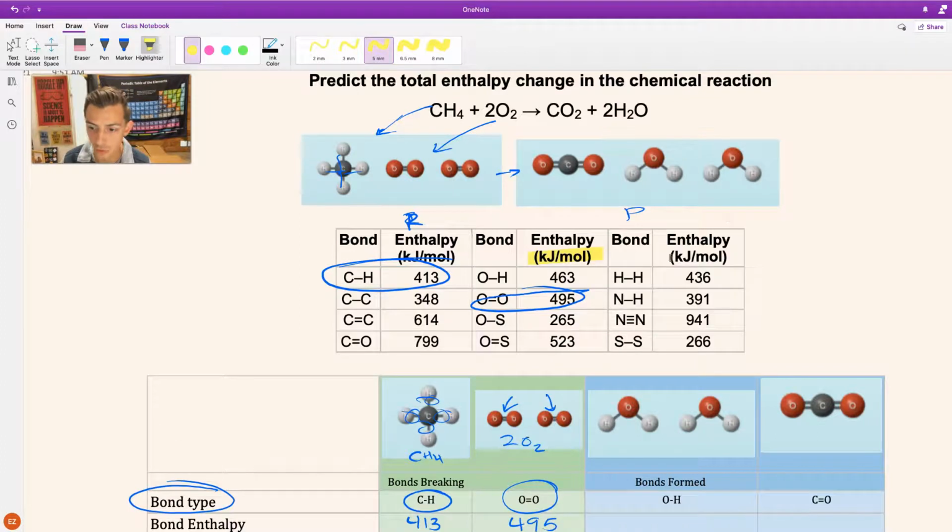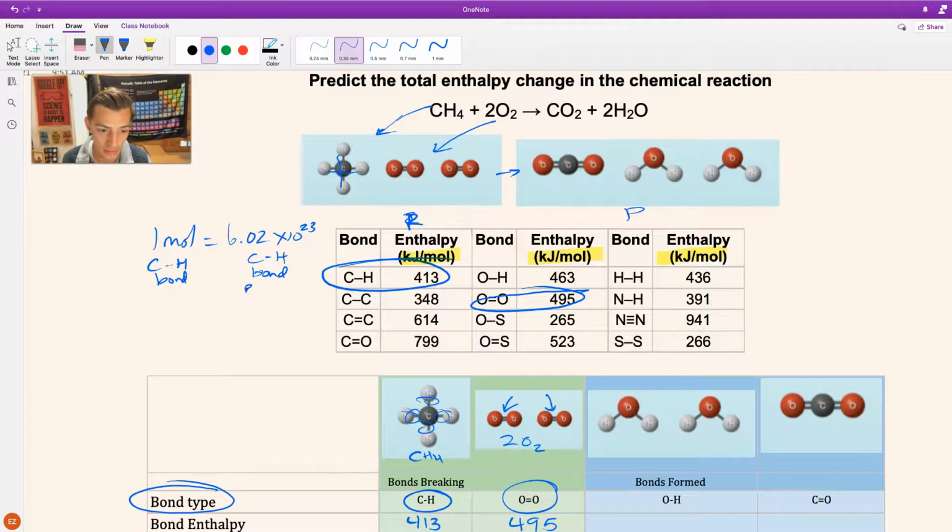The kilojoules per mole unit for enthalpy means how many kilojoules, an amount of energy, are required to break 1 mole of the C to H bond or any other bonds in here. And remember, 1 mole is 6.02 times 10 to the 23rd things. So if we have 1 mole of C to H bonds, then we had 6.02 times 10 to the 23rd C to H bonds broken or